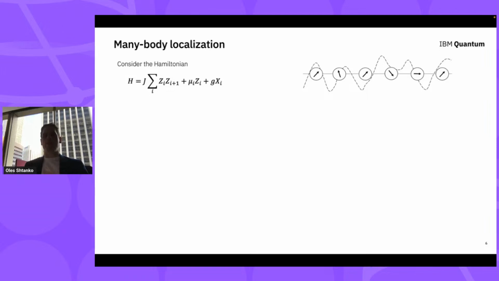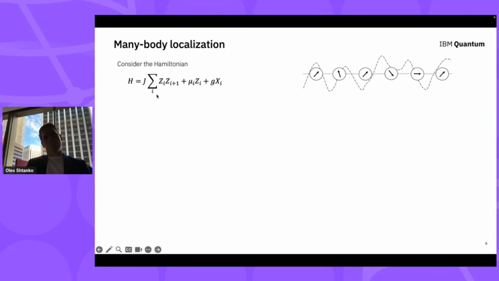I don't think many readers here know what this many-body localization is. So let me try to introduce it very broadly using this Hamiltonian. If you have more interest in this field, I recommend you listen to another Qiskit seminar, which happened months ago, led by David Huse, who is one of the founders, along with Igor Lehner and others, of this field, and you can hear more. So what is many-body localization?